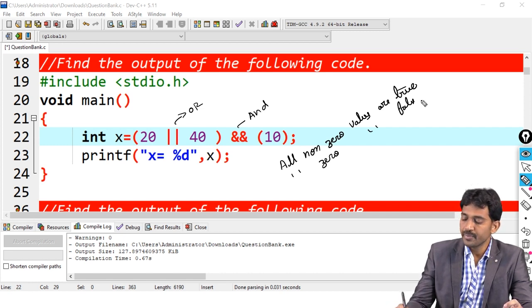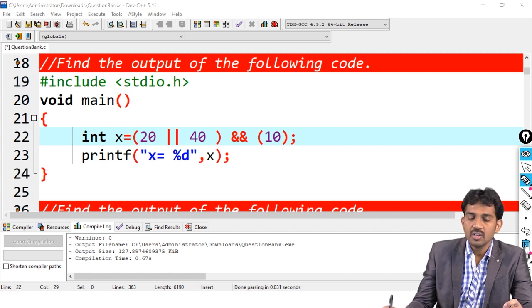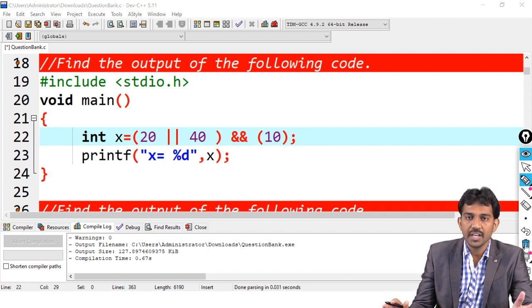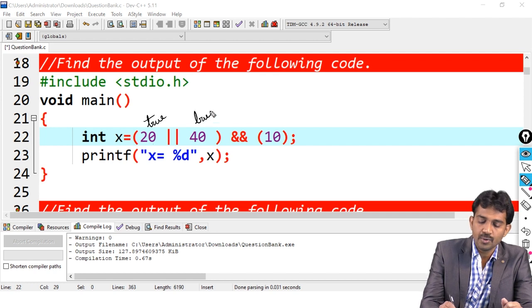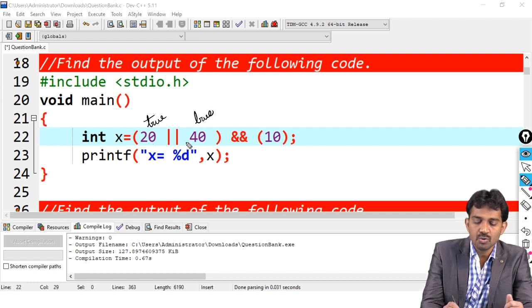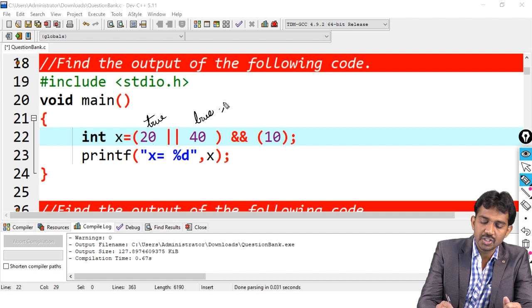According to that, what is the meaning of OR? Anyone is true, the condition is true. Coming to the logical AND, only if both are true, the condition is true. Coming to the statement here, 20 and 40 means this is true and this is also true. So, true and true, condition true, right? So, finally, this condition is true.